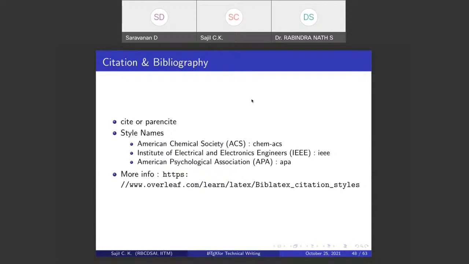Every time you need to change the styling. If you submit to one journal and for some reason you want to submit to a different journal, then it will be very difficult. You need to go everywhere and change it and make sure everything is in the right format. So that is not the point. I will show you how to do that and how easy it is.